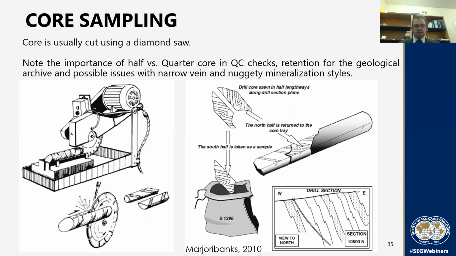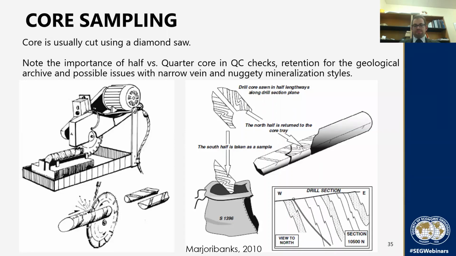Now this cut line should not coincide with the so-called orientation line that you get when using orientation tools such as the spear tool or the ACE tool and others. For the reason that you will destroy the orientation line, and a few months later, you will struggle to identify which core had orientation on it and which core didn't. So if you use orientation lines on a core, please make sure they're somehow 15 degrees offset from